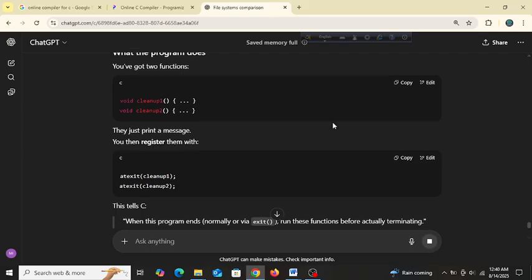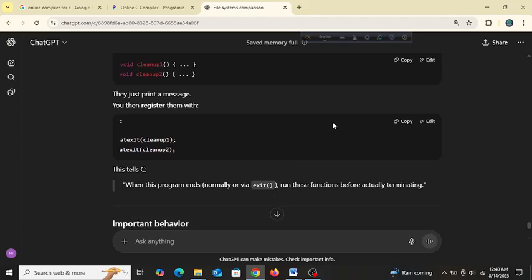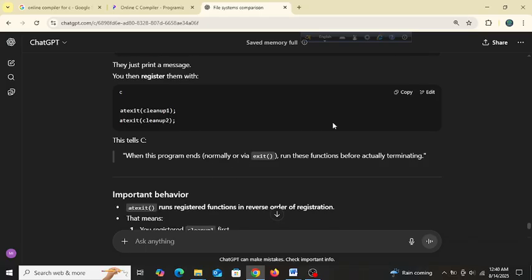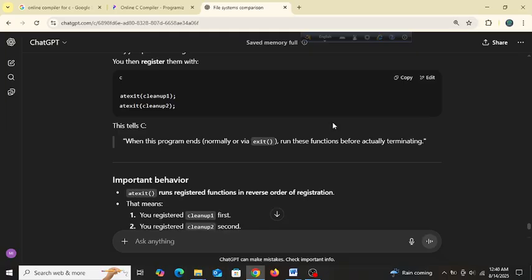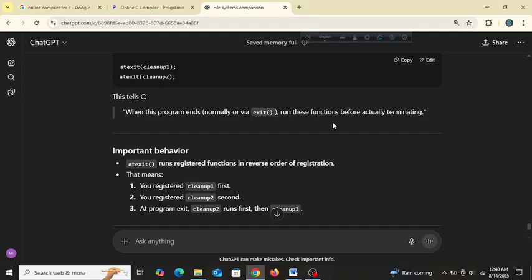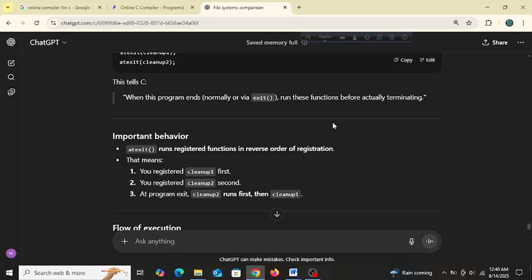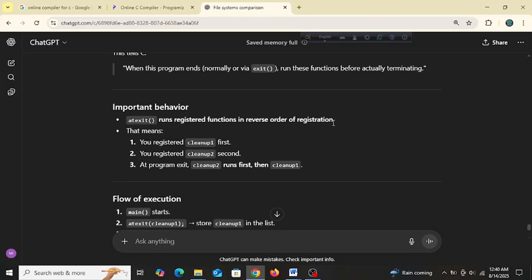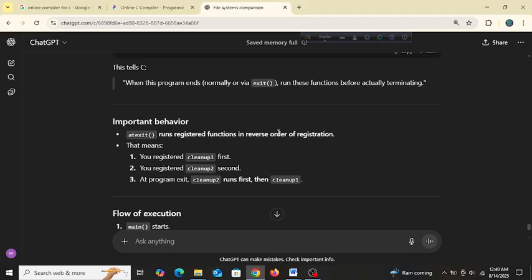You've defined 2 functions, they just print a message, and you then register them. Normally exit runs these functions before actually terminating. Important behavior: atexit runs registered functions in reverse order of registration. That means you registered cleanup 1 first, cleanup 2 second, at program exit cleanup 2 runs first, then cleanup 1. This means, guys, it's working in reverse order.